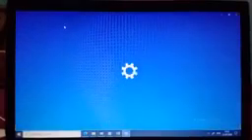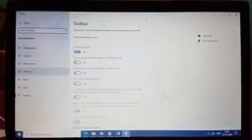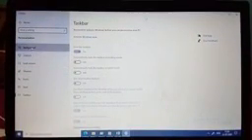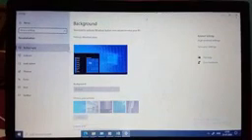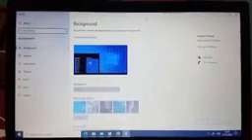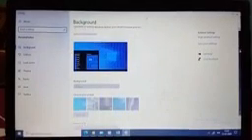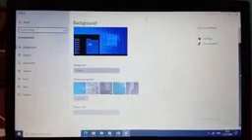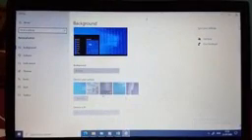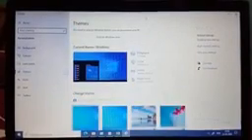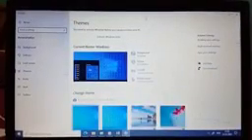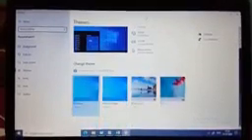Now appearance and personalization. Appearance and personalization means in this you can make changes on your desktop, like you can set themes, you can set background, you can set the color, okay, background color. Fine. So it depends on the user, whatever picture, whatever background you want, you can easily select and just click on OK button. Now these are the themes. For themes also select the theme whatever you want, fine.